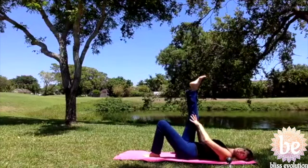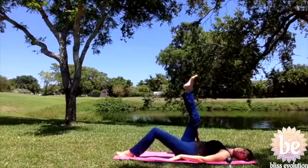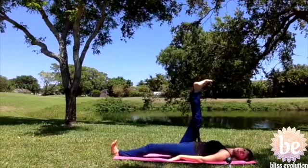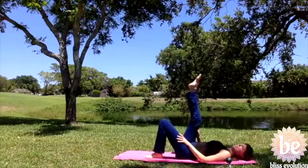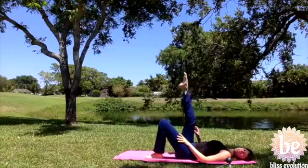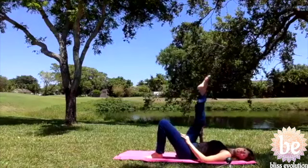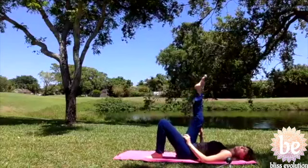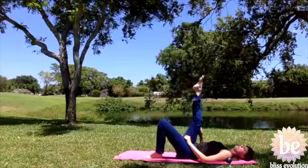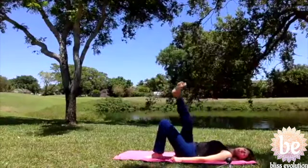This is like the more general pose. If you want a little bit more, slide the left leg all the way down and straighten both legs. But if you need to, you can leave that left leg bent. Point the toes. We're going to start by just making small circles in the ceiling or in the sky, so about a foot in diameter, just small circles going in one direction. And then gently and slowly widening those circles, making them just a little bit bigger and a little bit bigger